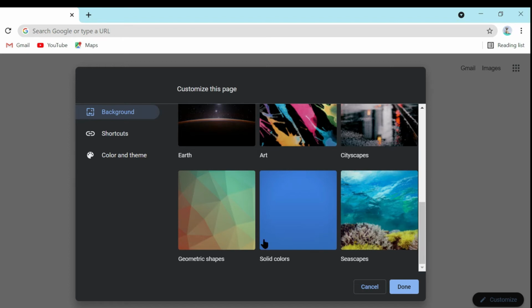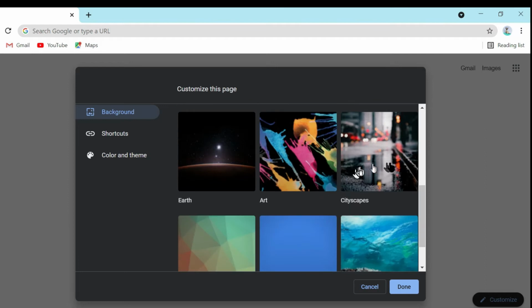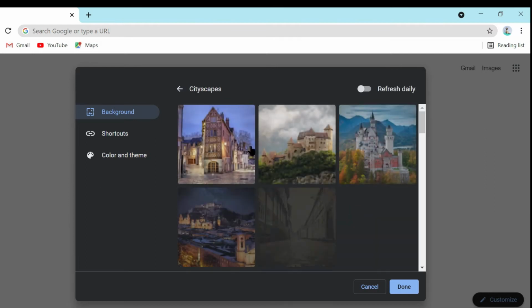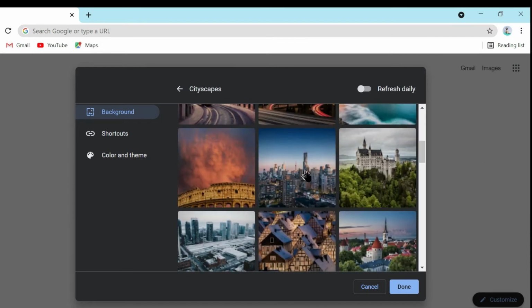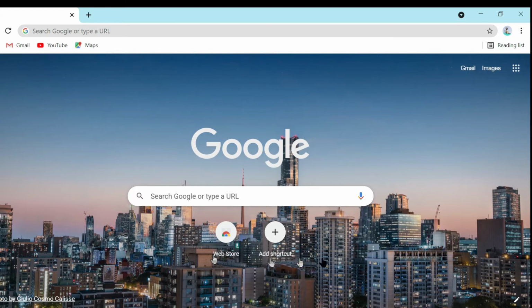And in that, just go into some of the theme which you like. Yeah, I'm gonna go to cityscape, and I like buildings, so I'm gonna choose that one. And look, you've got your background ready. Isn't it cool? And apart from this, if you wish to select the background on your own, again go to the Customize tab at the bottom,